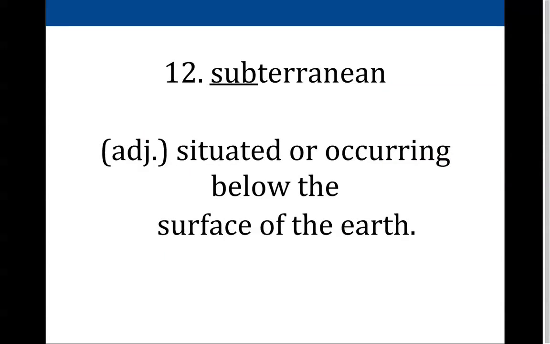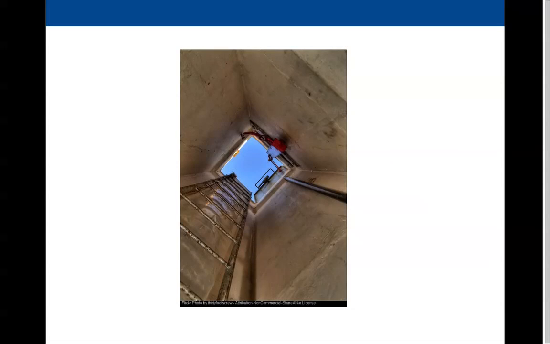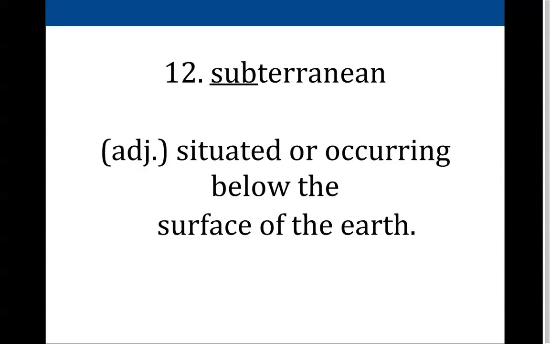12 is subterranean. Sub meaning below, terrain meaning anything pertaining or having to do with the earth. And it describes something that is situated, which means it's located, or occurring below the Earth's surface. So I have actually, that's a long definition, so I'll give you a second. So I have a picture that's actually taken from clearly some kind of hole in the ground